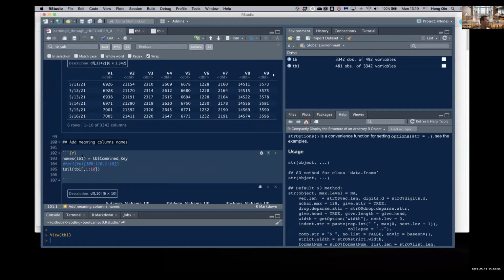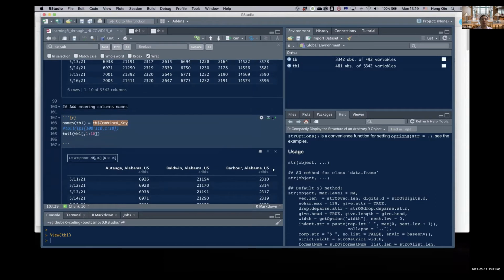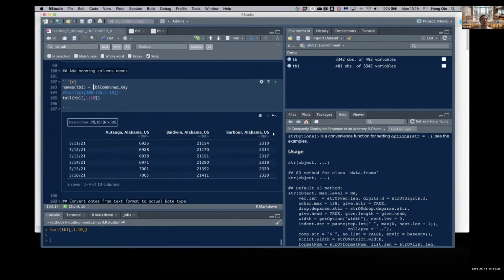We need to add a meaningful column name to our new data table, or data frame. This can be done by using the command colnames. So we're going to rename the columns of TB1, and we are going to use the combined key from the original data table. Let's run that. Once we run that, if we look at TB1 again, we see Autauga, Alabama, US, that's the first column. Baldwin, Alabama,